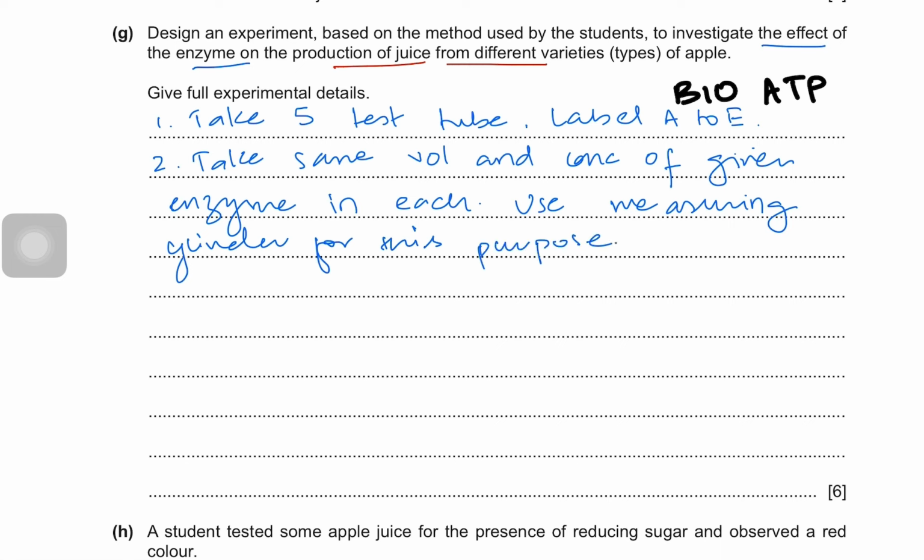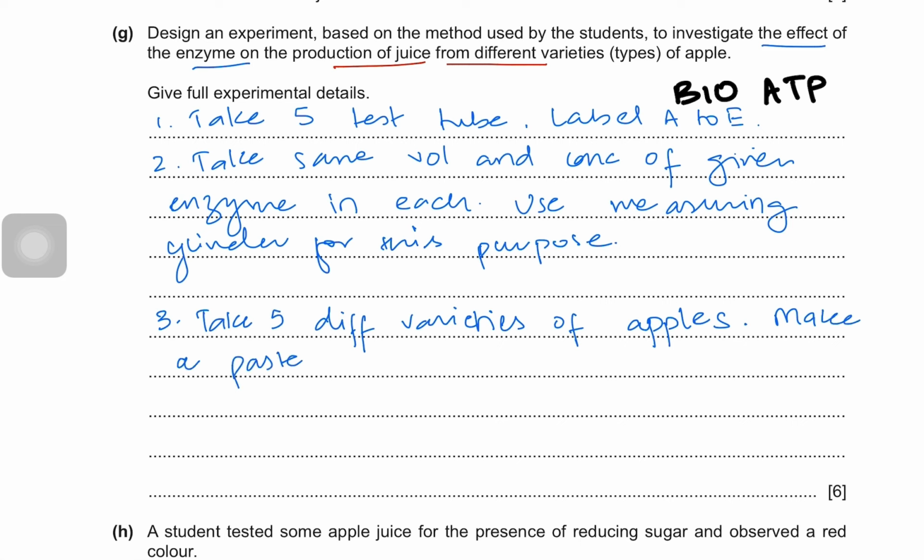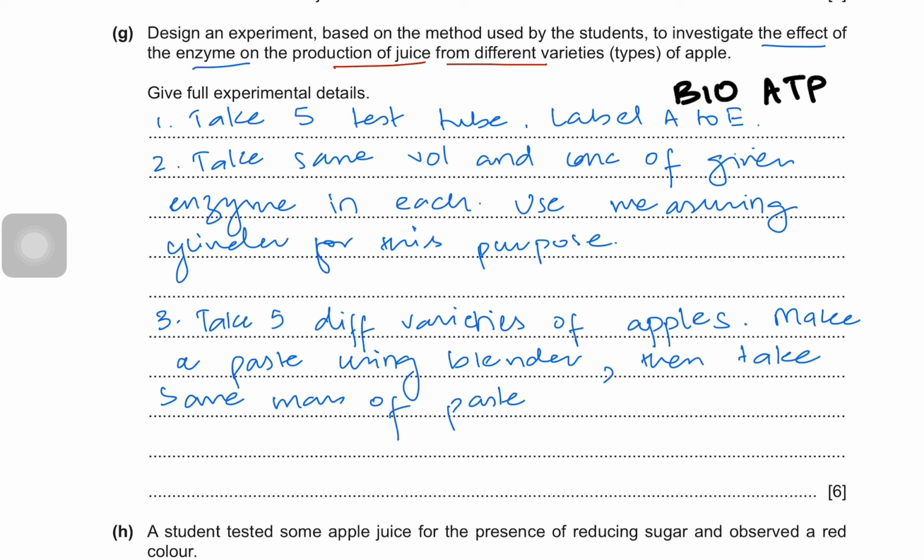Now, how are these setups different? So you mention that take 5 different varieties of apple because your concern is varieties of apples, but apple can't be directly put into the test tube. So talk about make a paste using blender, then take same mass of paste from each variety